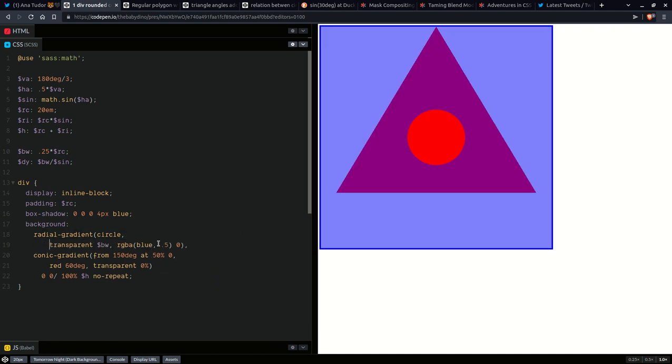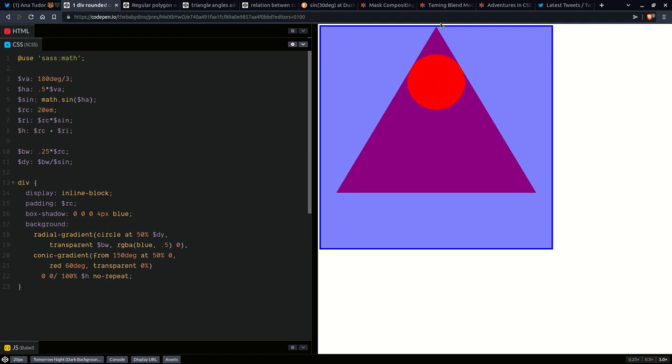Okay, now we're going to want to have this circle is going to be at 50%, and that dy, okay, like that. And then we're going to want it only up to those points,